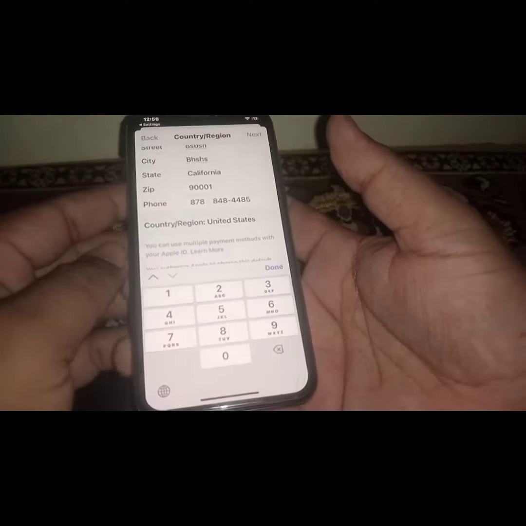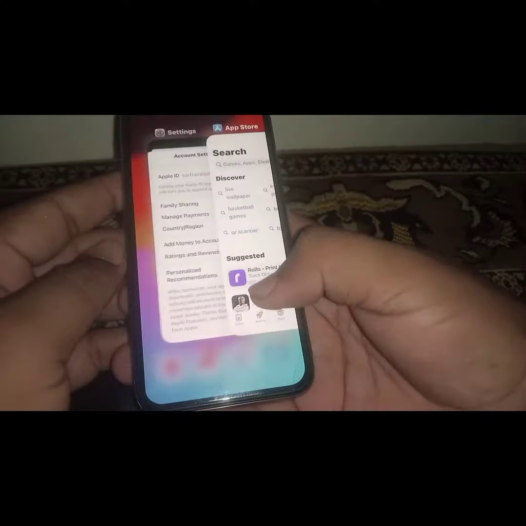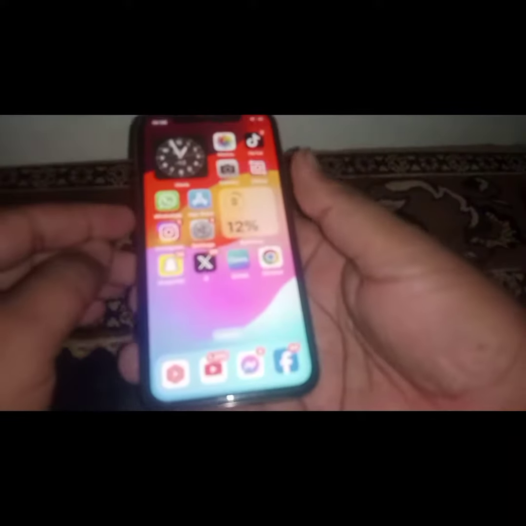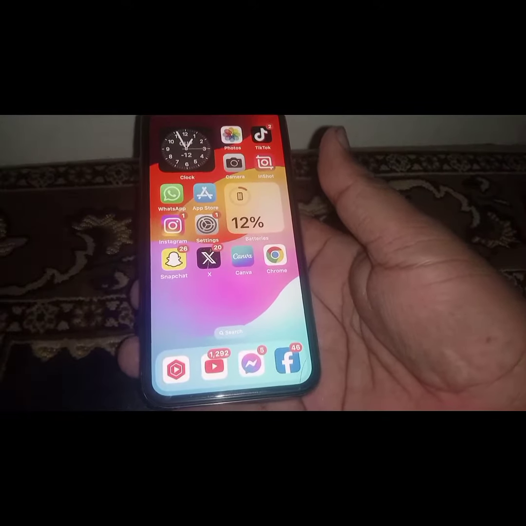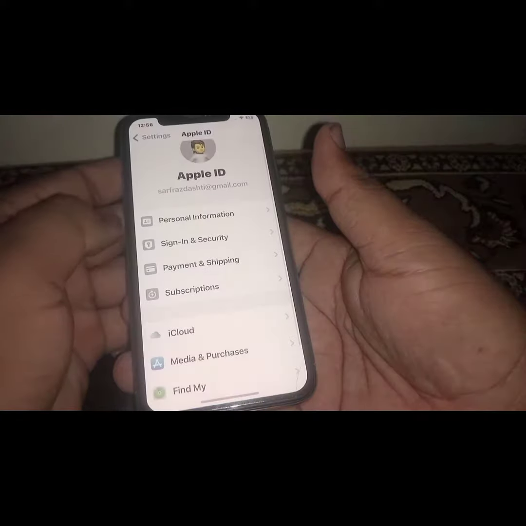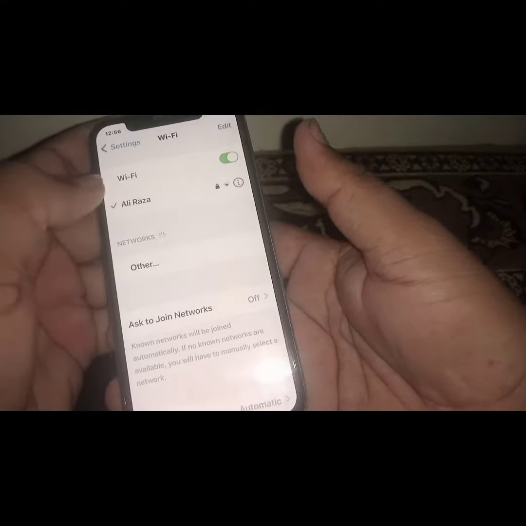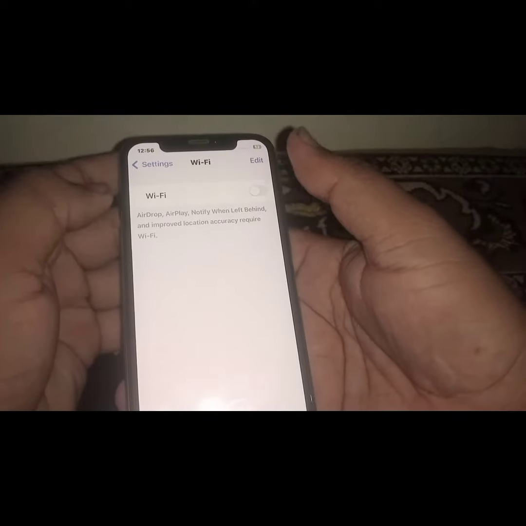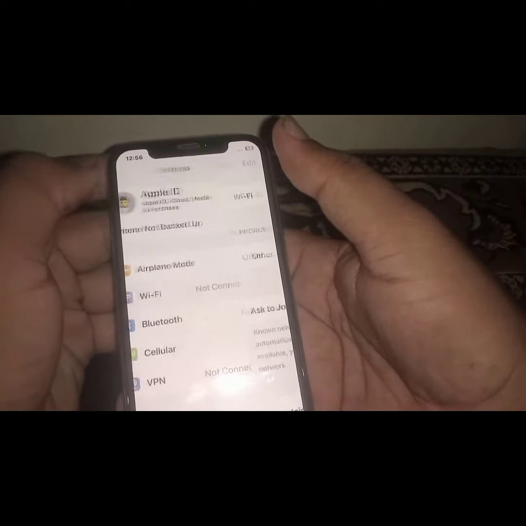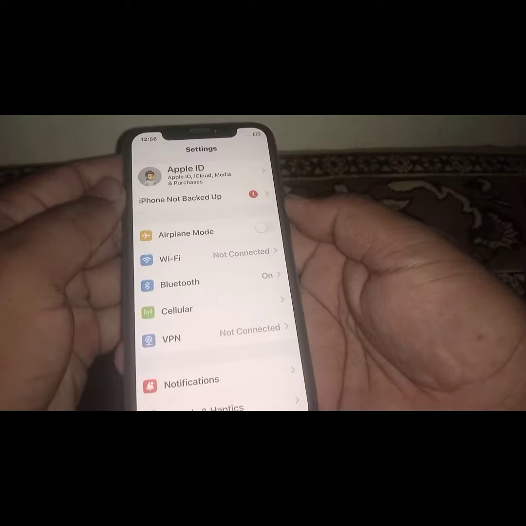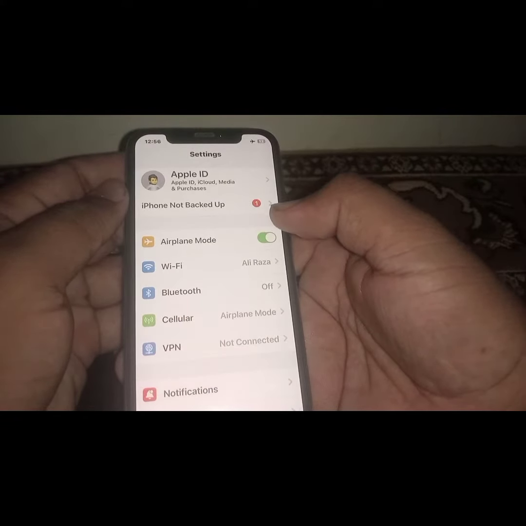After changing your country or region, check whether the problem has been fixed or not. If the problem is not fixed, then go back to your home screen and open your Settings and make sure that you are connected to a strong Wi-Fi connection. Turn off the Wi-Fi toggle for at least thirty seconds, then turn it on, and after that go back. If you use mobile data, then turn on airplane mode for at least thirty seconds and then turn it off,